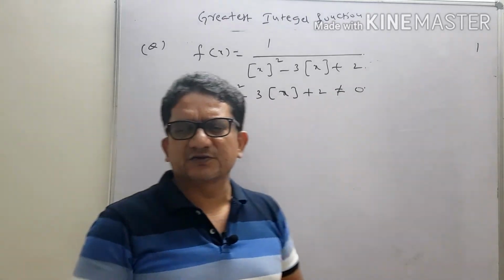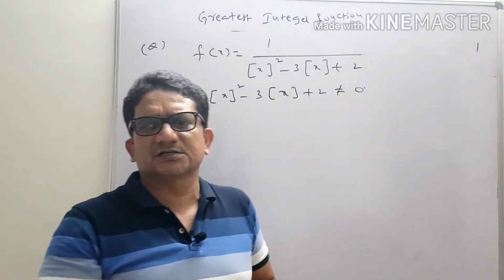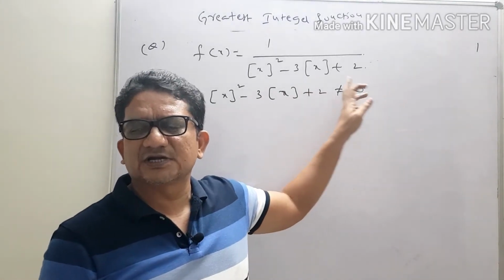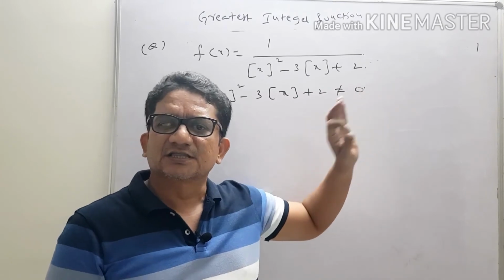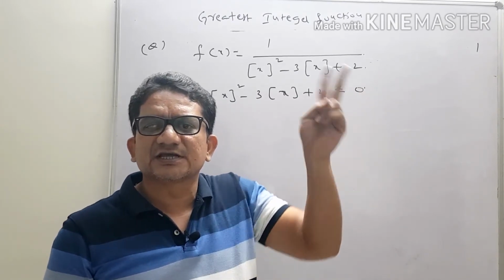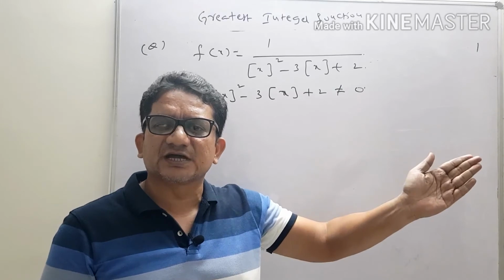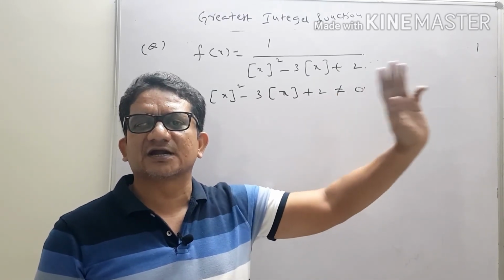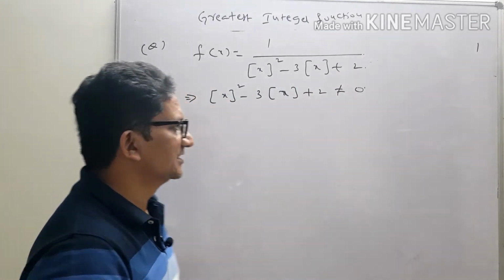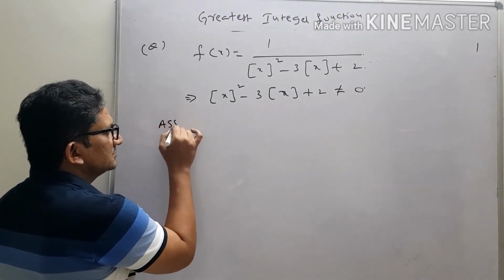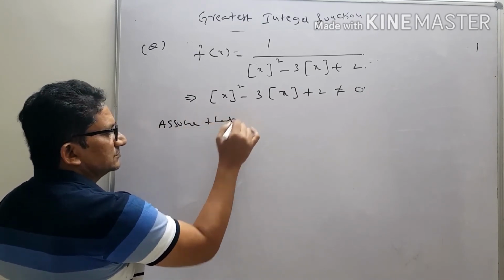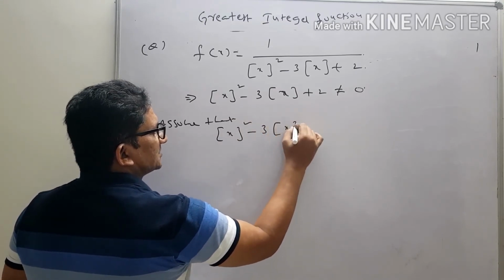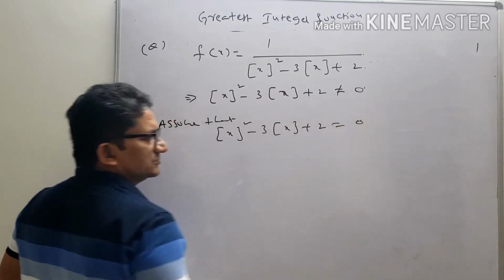Now students, I will tell a very important point, you underline it in the notebook. When we are dealing with step problems and a not-equals-to situation is there, the easy way to solve the problem is to take the reverse case. We assume that it is equal to 0, see what happens, and then according to that we write the final result. Very useful technique. See, here I will write: assume that step x square minus 3 step x plus 2 is equal to 0.